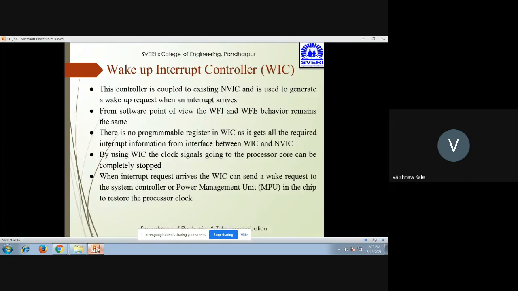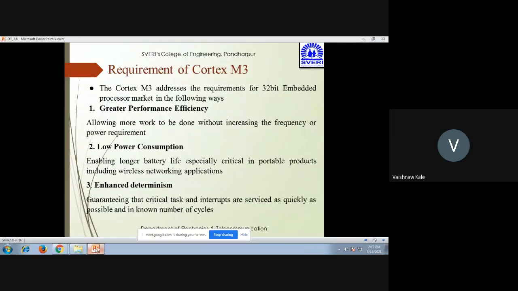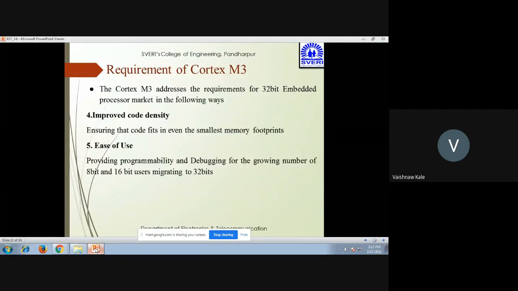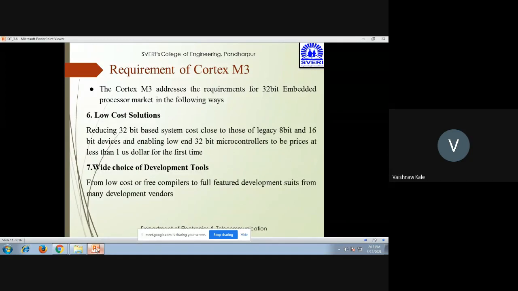Then the requirements of Cortex M3: greater performance efficiency, low power consumption, enhanced determinism, improved code density, ease of use, low cost solutions, wide choice of development tools.